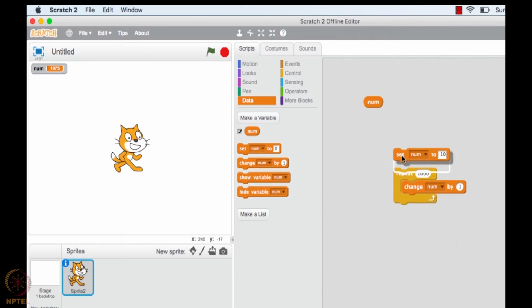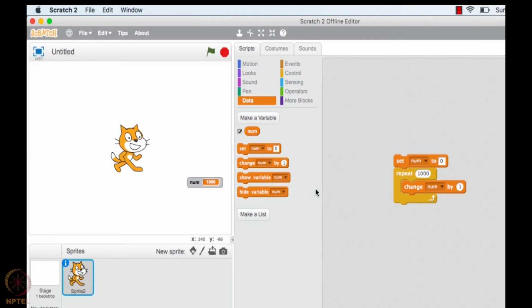I will set the number to 0. Okay, this is part of this code now. Let me remove this. This doesn't matter. Double clicking on it, as I told you, will show you the existing number's value, but that's there here itself, so we needn't worry. Let me keep it here so that you can see it properly, and let me remove this. This is not useful. Now what will happen if I press this? Number will be assigned 0, and then number will increment 1 at a time and will become 1000. And these things will happen so fast that you will not even notice what's happening. Double click here, you see it became 1000.